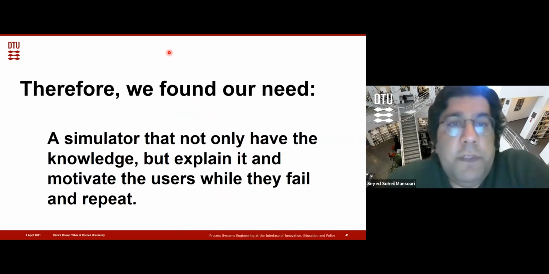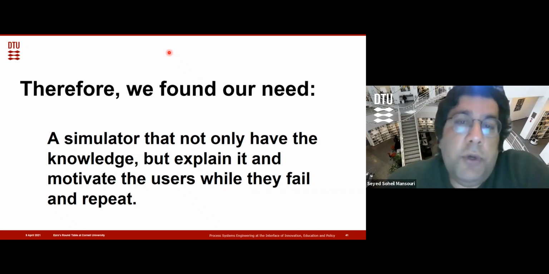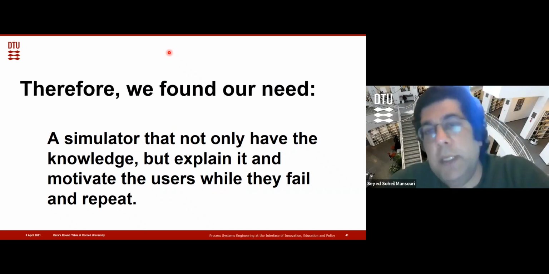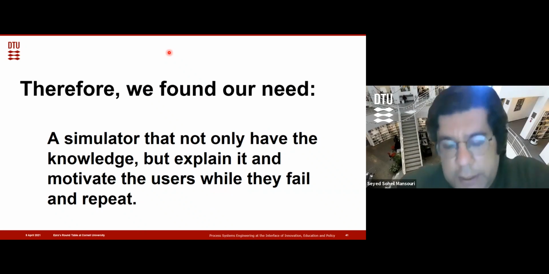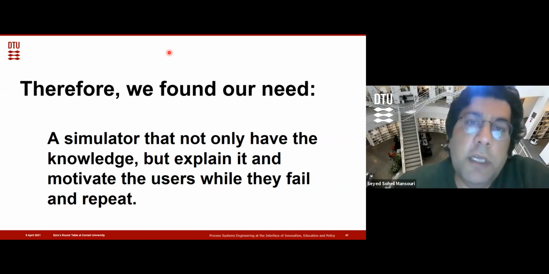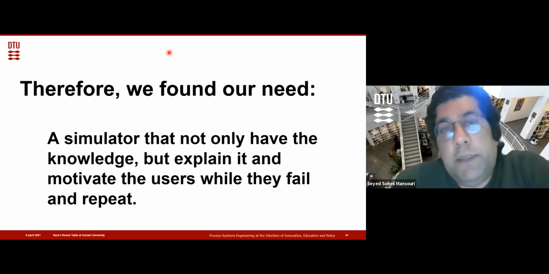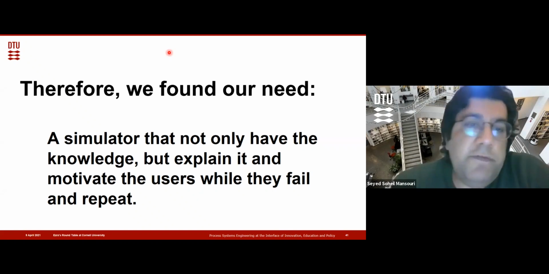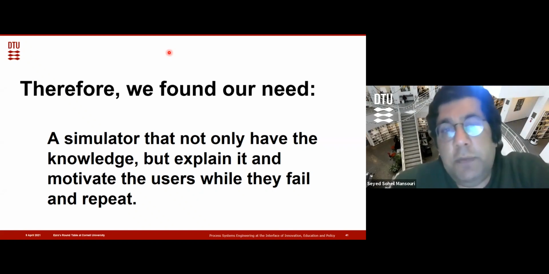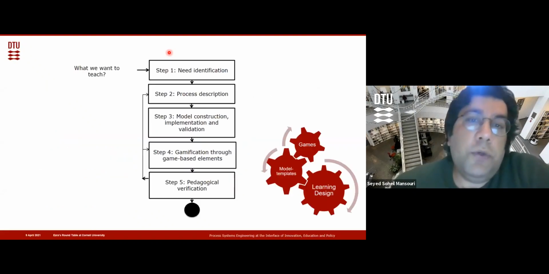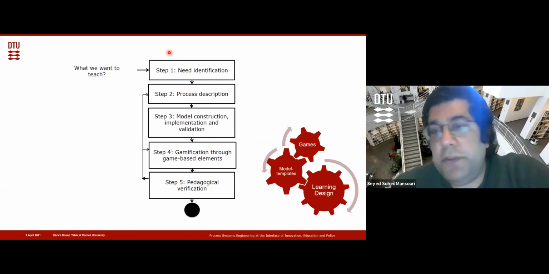And so therefore, the need that we found was a simulator that not only has the knowledge, but also can explain and motivate the users while they fail and repeat. So this is where we started building upon the learning through failure, or facilitating learning through failure within the simulation environment. However, the failure may turn into becoming something frustrating, so we have to make it also enjoyable. So this is where we have developed the methodology and the software, a prototype software